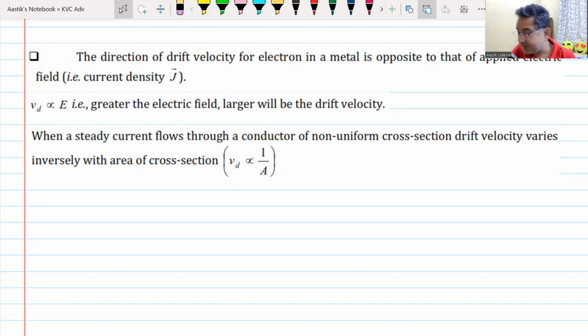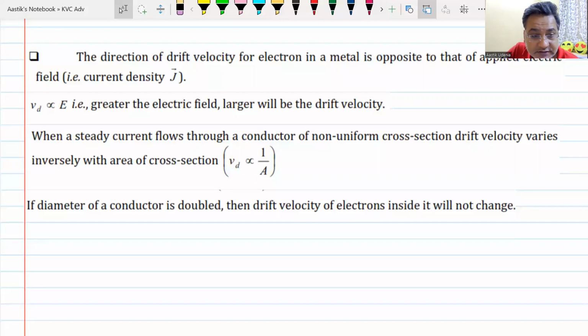If the current is same, then the current is same. If the diameter of the wire is doubled, then the drift velocity will remain same. Remember, if the current is same,